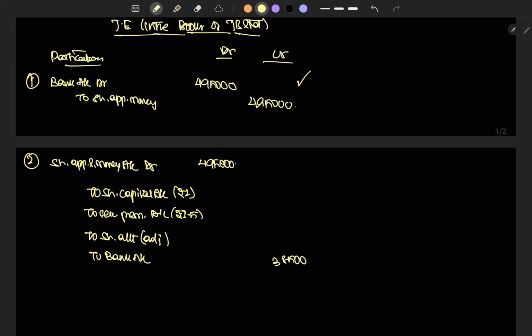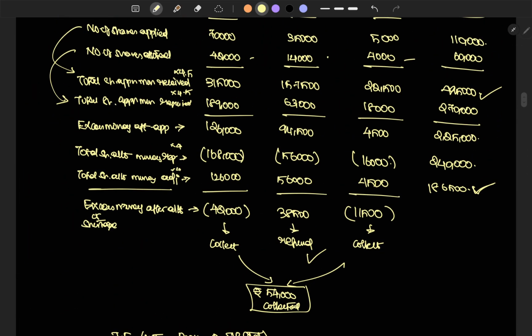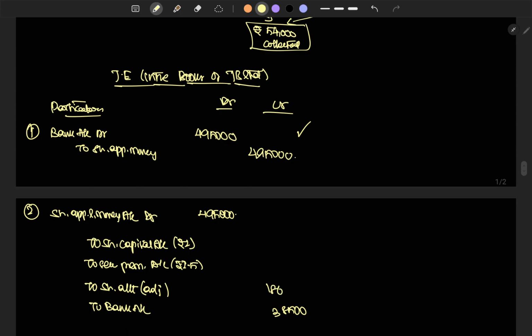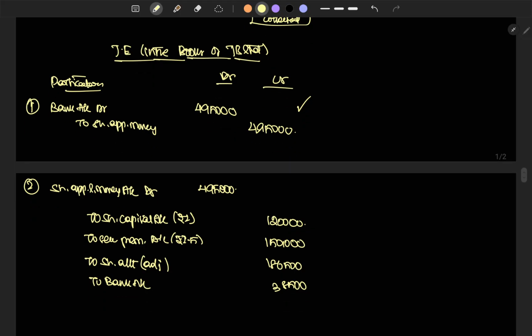38,500, and share allotment adjustment is 1 lakh adjusted, which is 1,86,000. Now 60,000 into 2.5 is 1,50,000. 60,000 into 2 is 1,20,000. So this is how the received money has been split: 1,20,000 went for face value, and 2.5 rupees